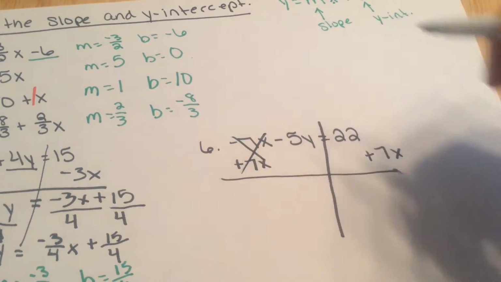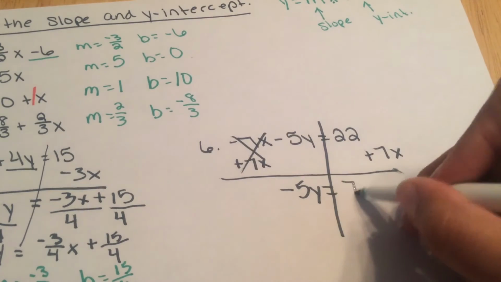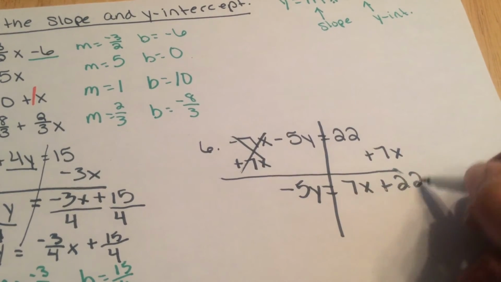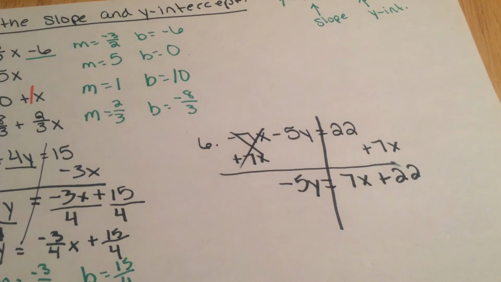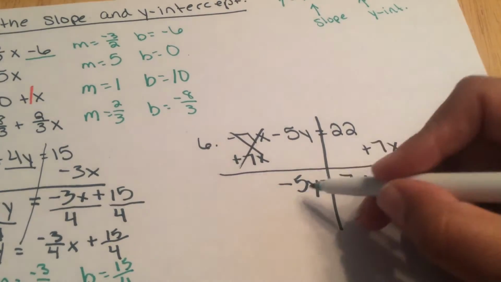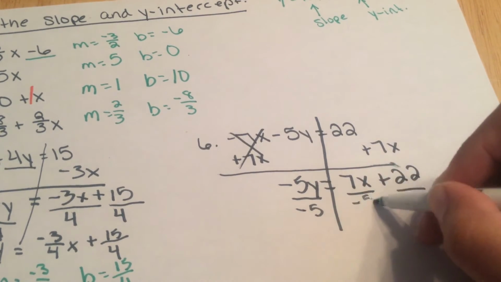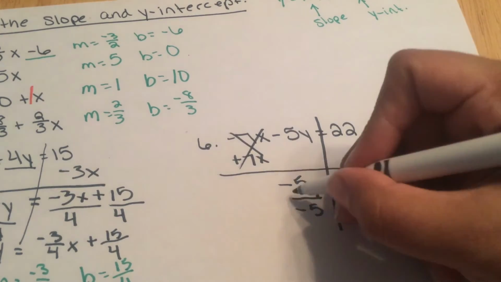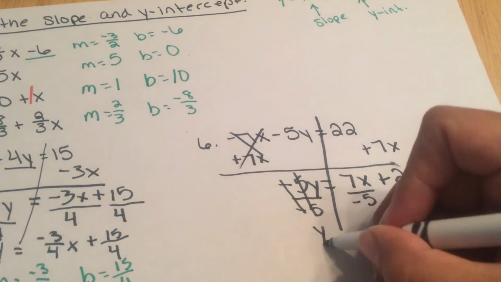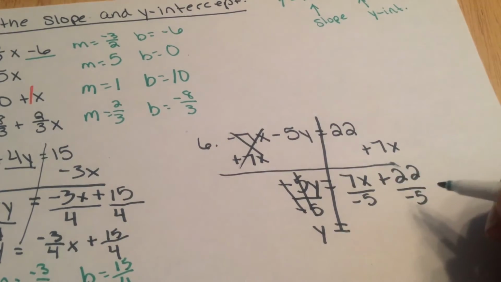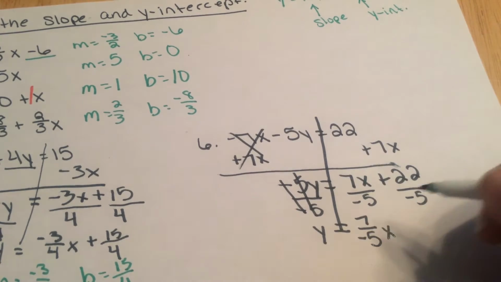I'm going to get rid of my 7x's, so I'm left with negative 5y equal to 7x plus 22. Again, we can't combine those because one has an x and one doesn't. They're not like terms. And again, because we need the y completely by itself, we can't have a coefficient, so I'm going to divide everything by negative 5. The negatives are gone, the 5's are gone, so the only thing that's on the left side is going to be y equals, and since I can't simplify this, I'm just going to rewrite this as a fraction, negative 7/5